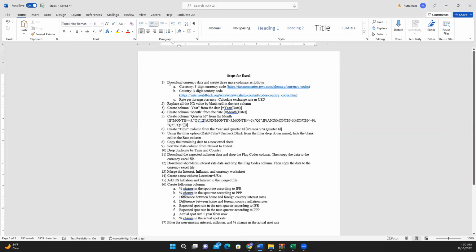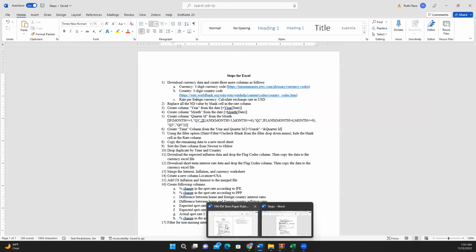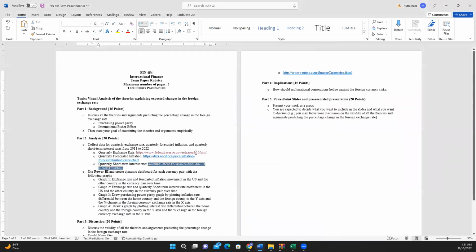In step number 1, you are gonna download the currency data, and then create 3 more columns: one for currency, one for country, and another one for rate per foreign currency. So let us do it. To download data, this is the link we are gonna follow. So let me just copy the link and then